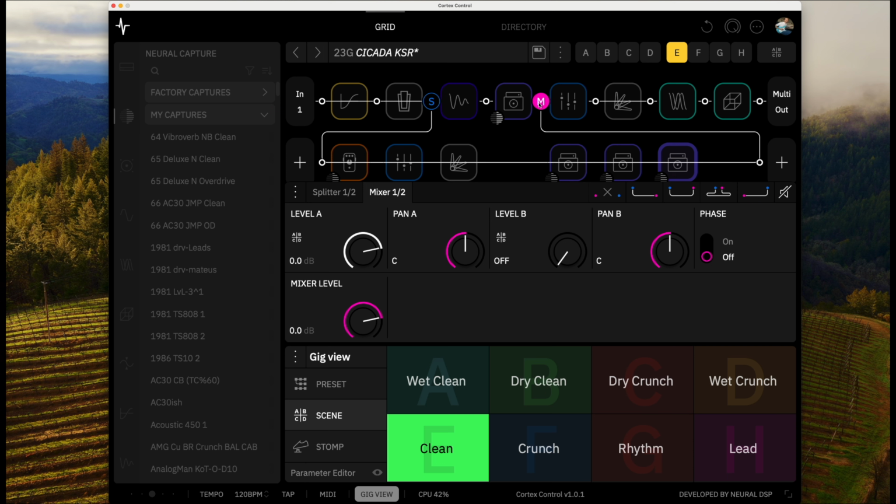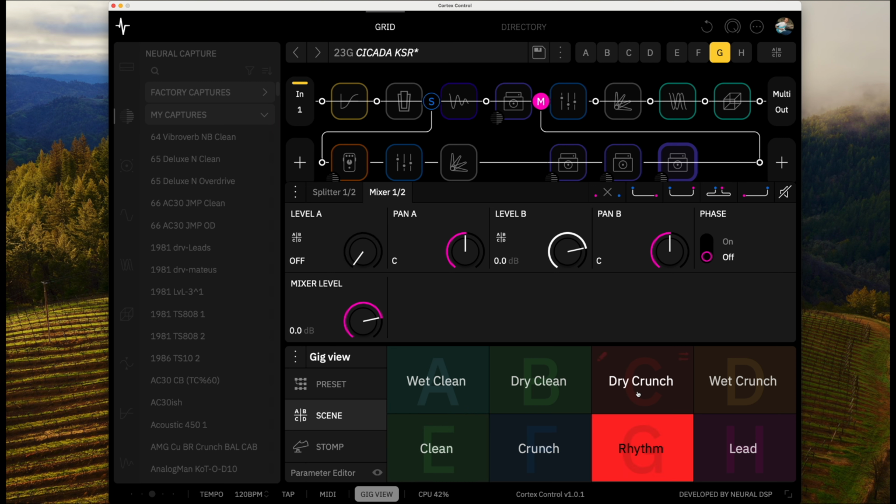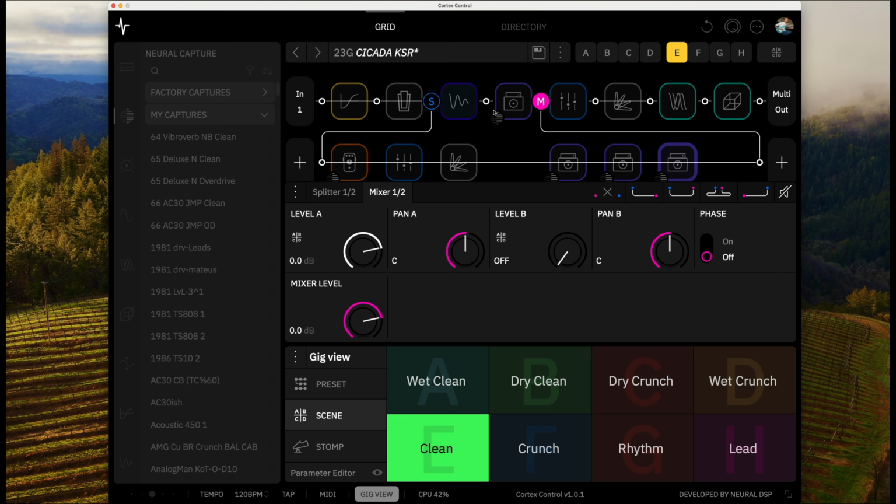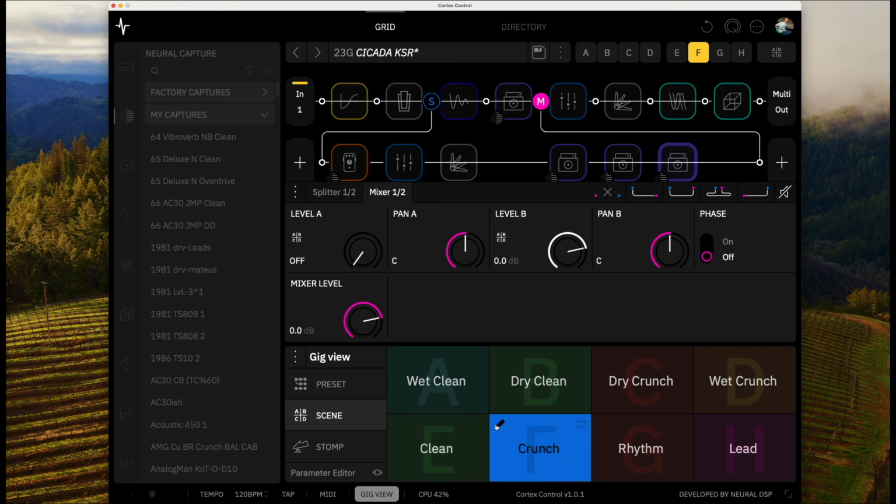he's got beat off, but he's got that set to scene specific. So as we move around, yeah, you can see that's moving around. So the clean, you're only getting the one path. If you go to the crunches, it's adding in the second path. So